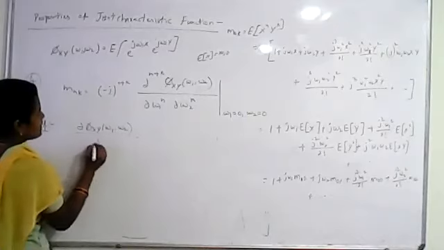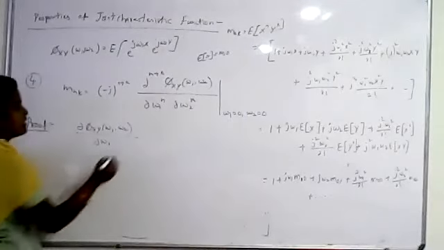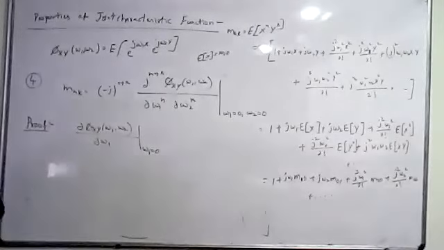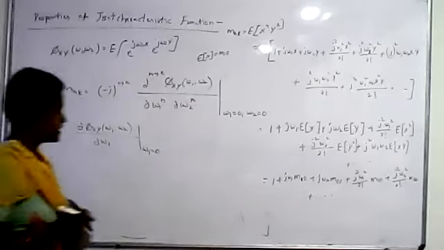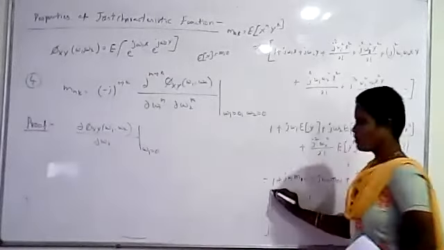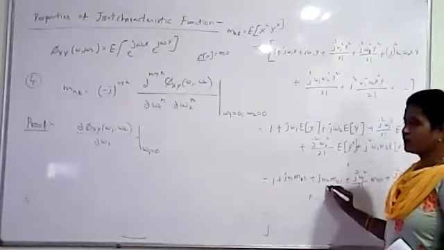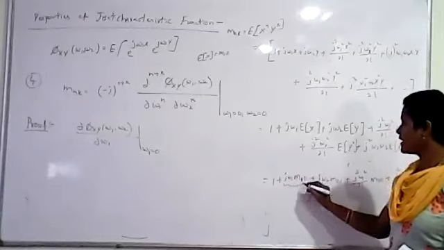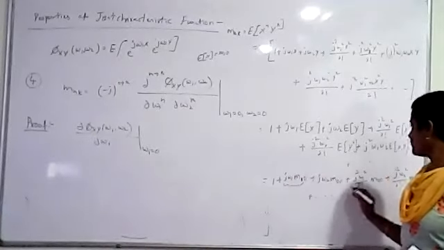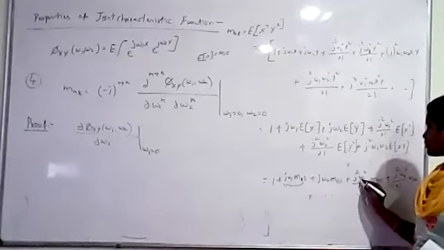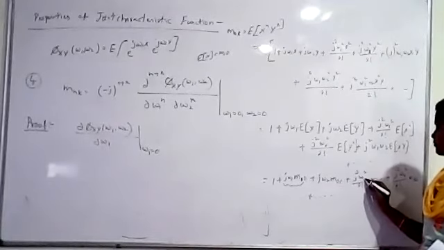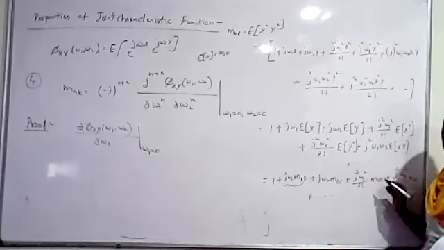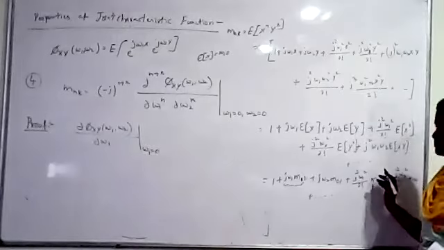Only once we are differentiating with respect to omega 1 and substituting omega 1 equal to 0. If you differentiate with respect to omega 1, omega 2 is constant, no? This term becomes 0. Omega 2 is also constant, so this becomes 0. What are the terms we'll be having? We'll be having j m10. Here also we'll be having j square, 2 omega 1 by 2 factorial m20. So wherever you have omega 1, all those terms will be having.